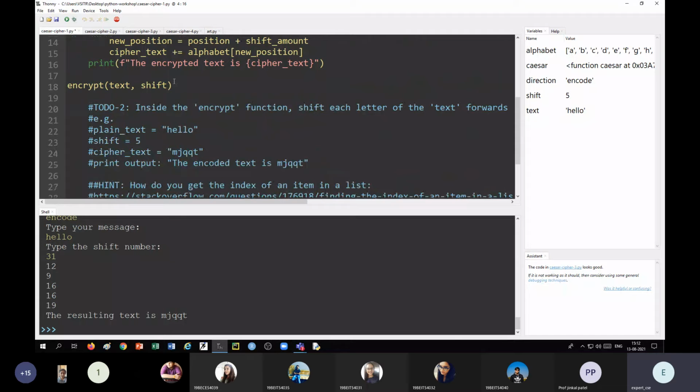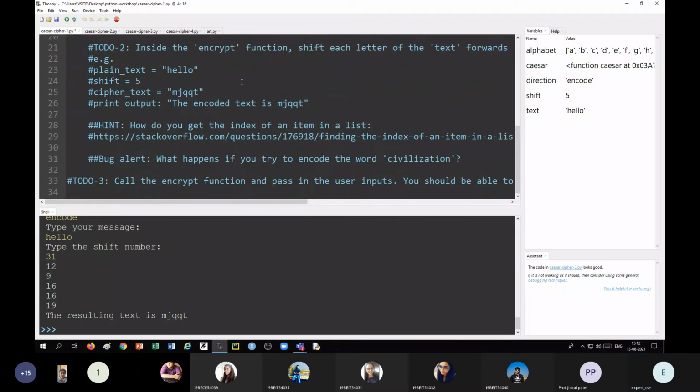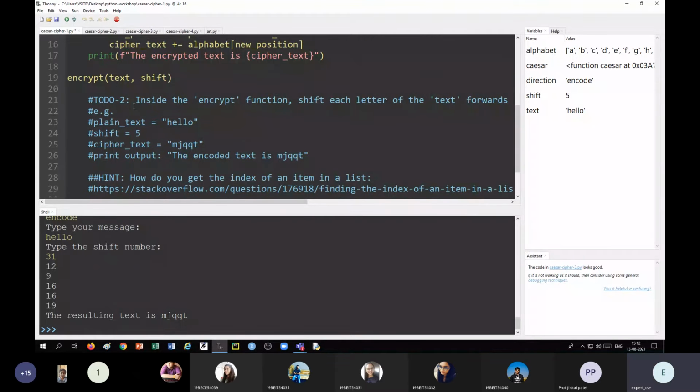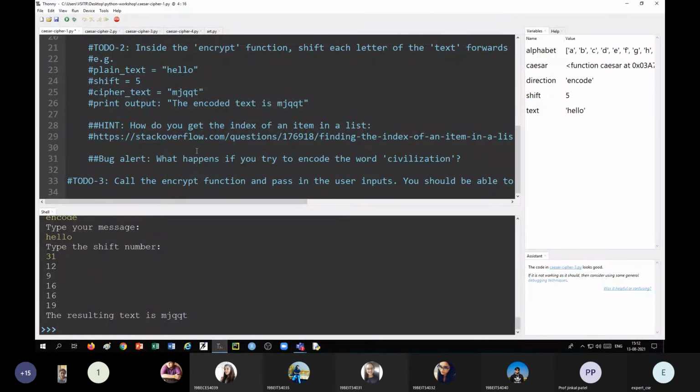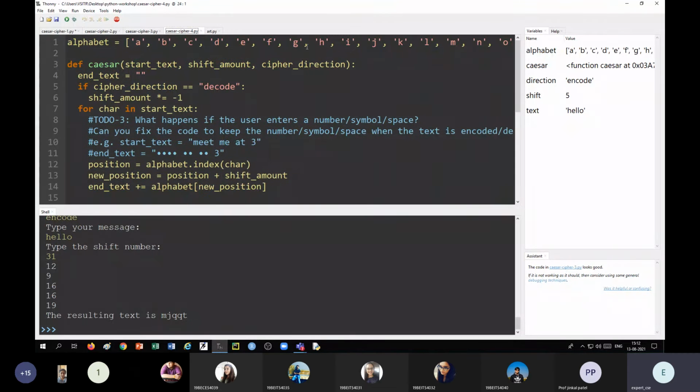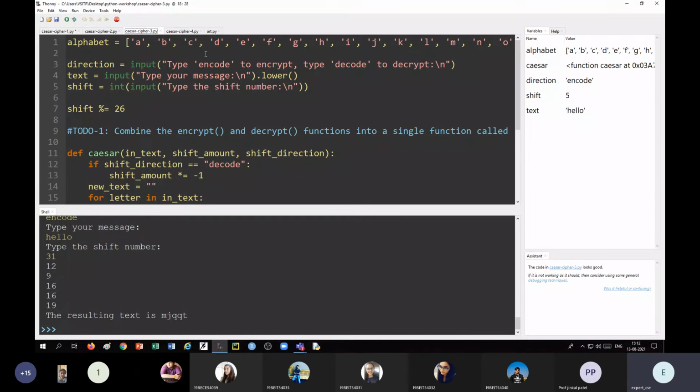Now I want user, okay, to-do list number 2. Instead of encrypt text forward. Okay, this we have done already. Okay, the encode text is this. Call the encrypt function. Let me go to the next module. This is next step.